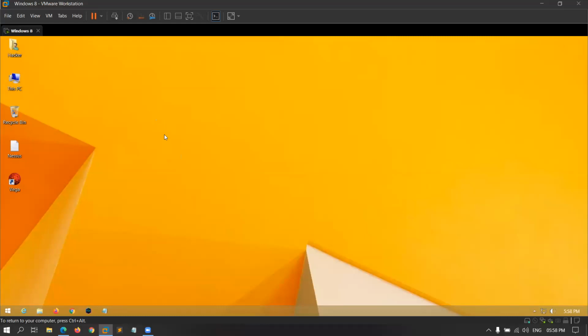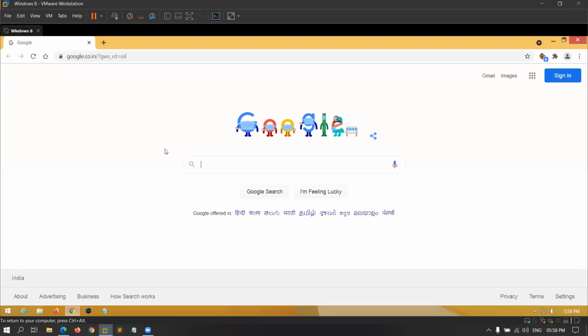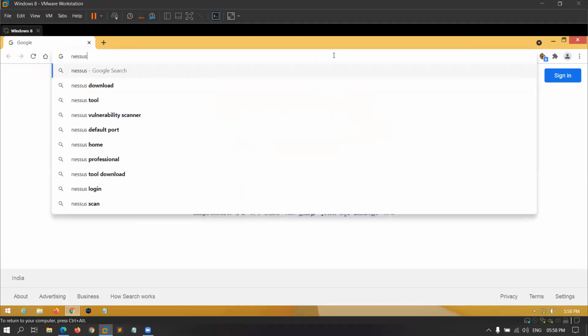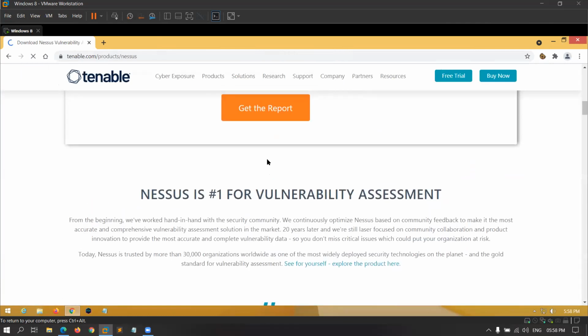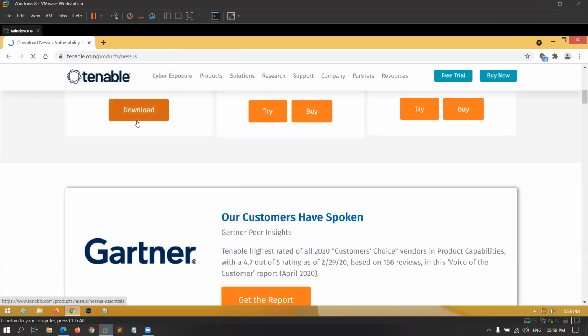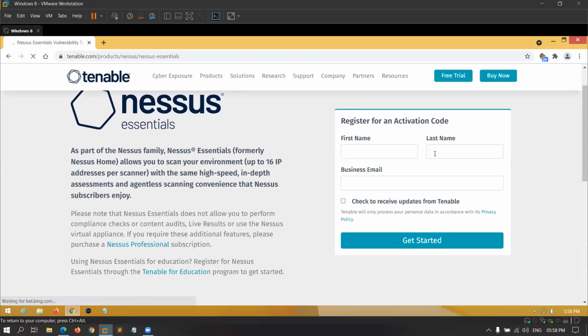So this is my Windows 8 machine, which is running in virtual technology, and I'm going to show you that you have to download Nessus Essential. So for downloading Nessus Essential, you have to first register on the website for getting the product key to activate Nessus Essential. So you have to register for the activation code, then you will be redirected to the website